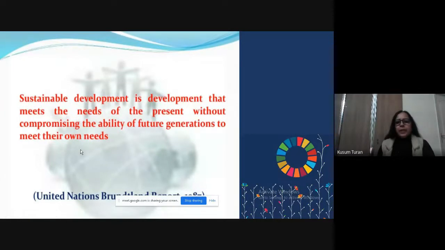So I'm once again reiterating why we are doing this. We have to bring about sustainability in the existing scenario, which means that we have to use the available natural resources, and other resources, in such a way that they also exist for the future generation, and we do not deplete them at our own levels. So this is what sustainability is, and we have to achieve sustainability through all these 17 goals.